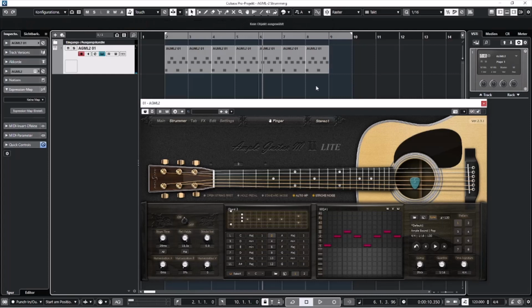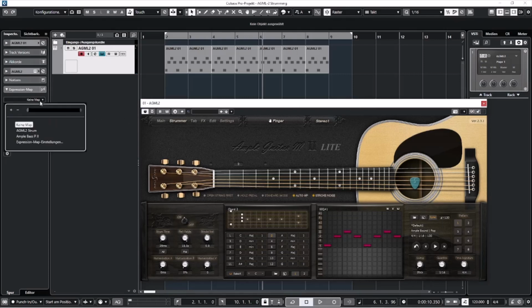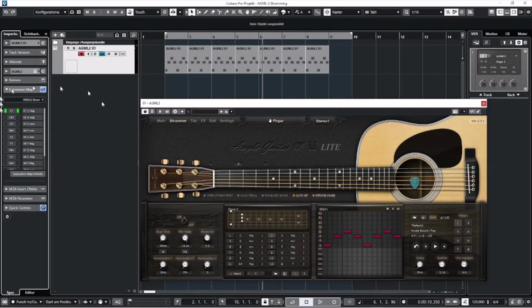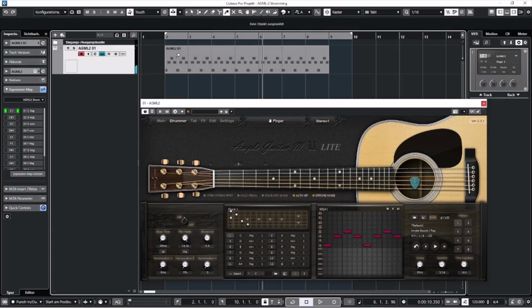Okay, so how did I overcome the issue that we have here? I created an expression map. So now let's get that. I've already loaded it here. And here you see the expression map. Okay, now if we just paste these together,